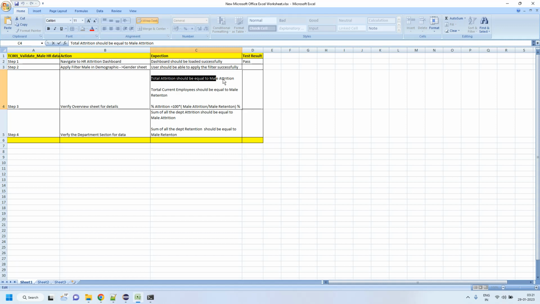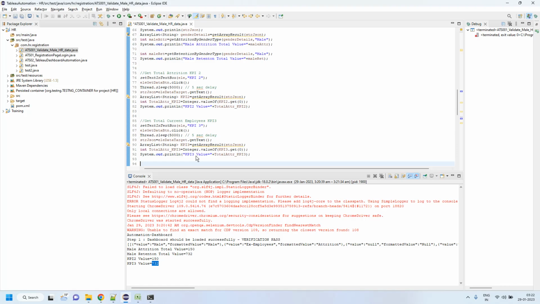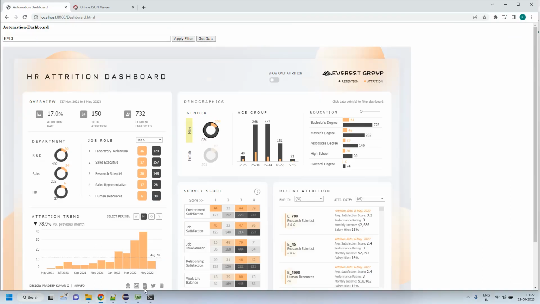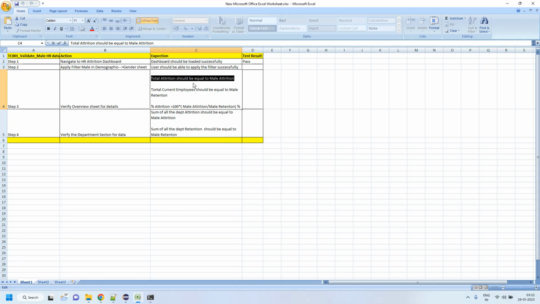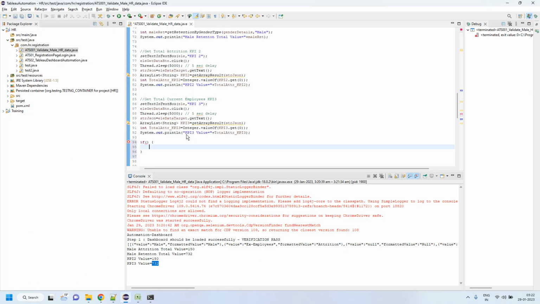Total attrition should be equal to male attrition. Total attrition, this is KPI 2. So let's compare. If total attrition should equal to male attrition, what is the text here? Total attrition should be equal to male attrition. Okay. If this is the total attrition, okay, this 150 dot equals,